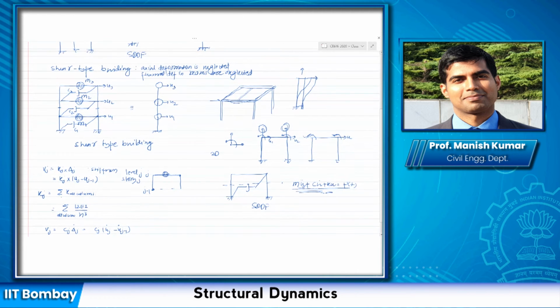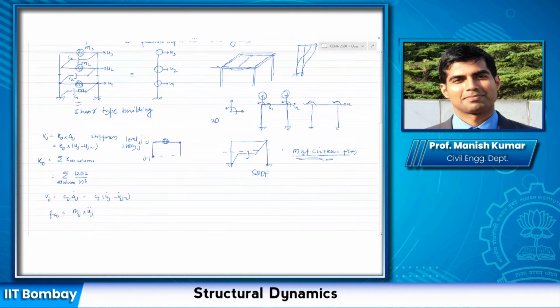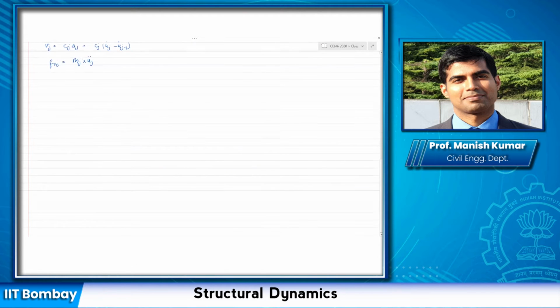Even for multi-degree of freedom system, you still have to draw the free body diagram to get the equation of motion. So let us take this free body diagram. Let me draw it again here. What I'm showing you here is again that 3-degree of freedom system that we have considered, and let us say that it has deformed something like this under the application of loads.